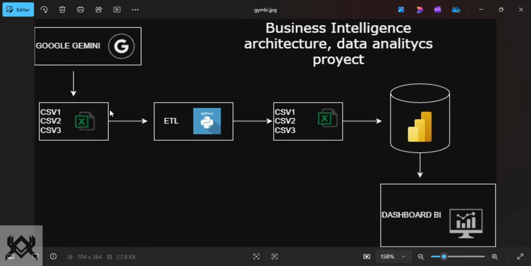These CSV files are clean, and these three clean CSV files we put after in Power BI.